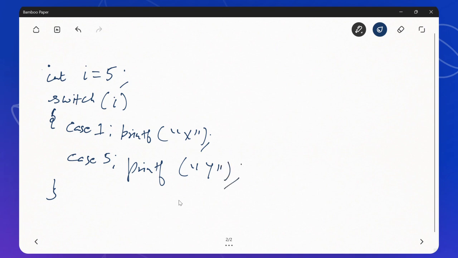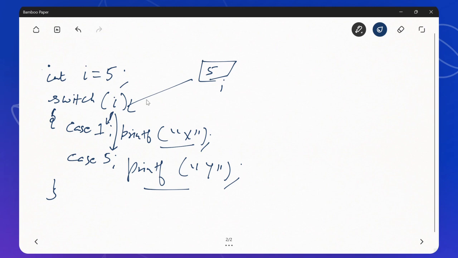So how does this switch statement work? A variable I is being given a value 5. This switch statement takes this variable I and checks the value of I with these cases. If the value of I is 1, it will do this. If the value of I is 5, it will do this.